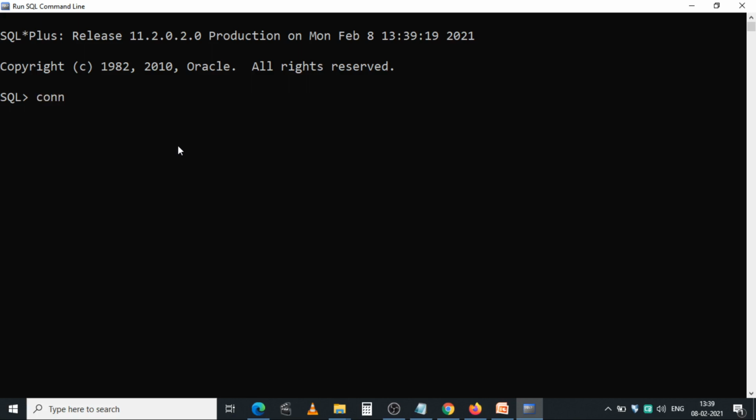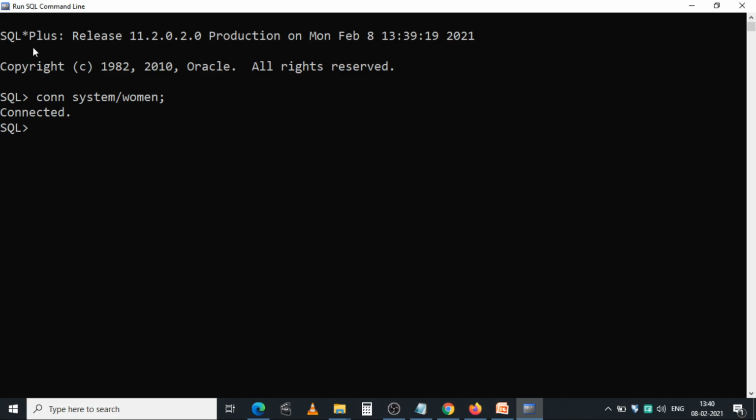For that, you have to type here CONN, connect, space, username, forward slash, and then the password. The username is system, and you have to give the password here. This username and password are given by default by the Oracle software. Okay, so connected. Now you are logged on to the Oracle environment.